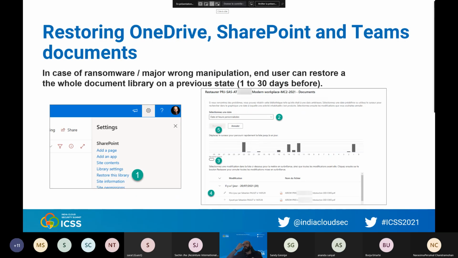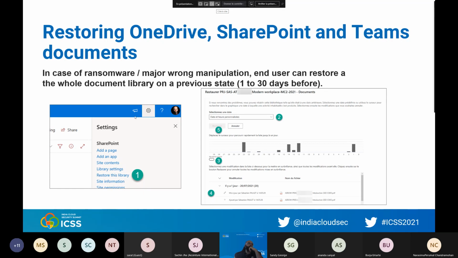This being said, and even if you are using on-premise ID or not, good news for you. If you have a CryptoLocker locking all files on your desktop, and your files are stored in SharePoint or Teams or OneDrive, you just have to send an email to your end users telling them that they can go.